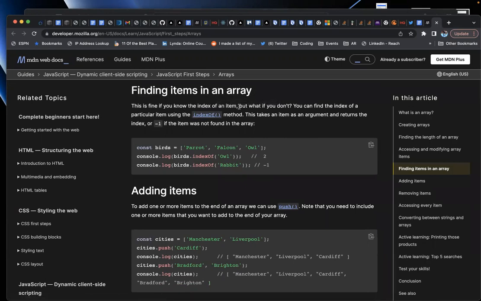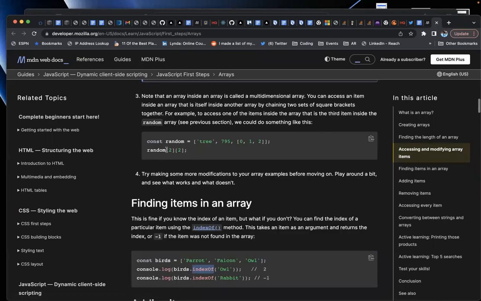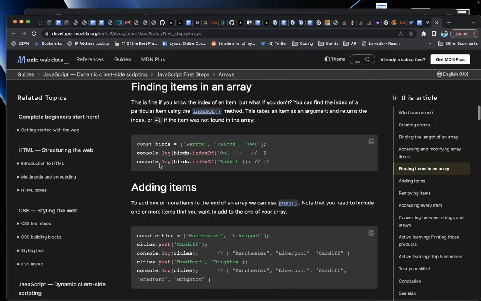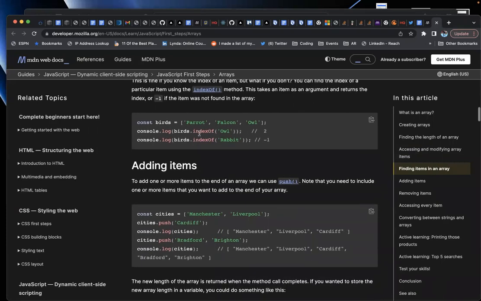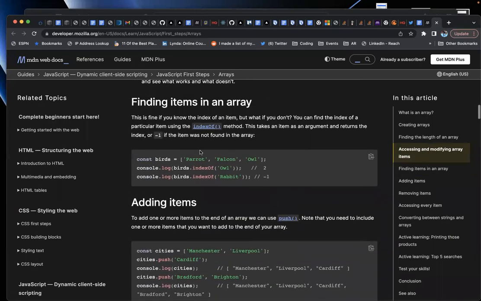Finding items in an array. This is fine if you know the index of an item, but what if you don't? You can find the index of a particular item using indexOf. So if you know the item that you want to access, but you don't know the index, you use indexOf, and then you can use the actual index to access the array. This takes an item as an element and returns the index or -1 if the item was not found. All right. So this is one way to do it. The other way to do this for finding items in an array